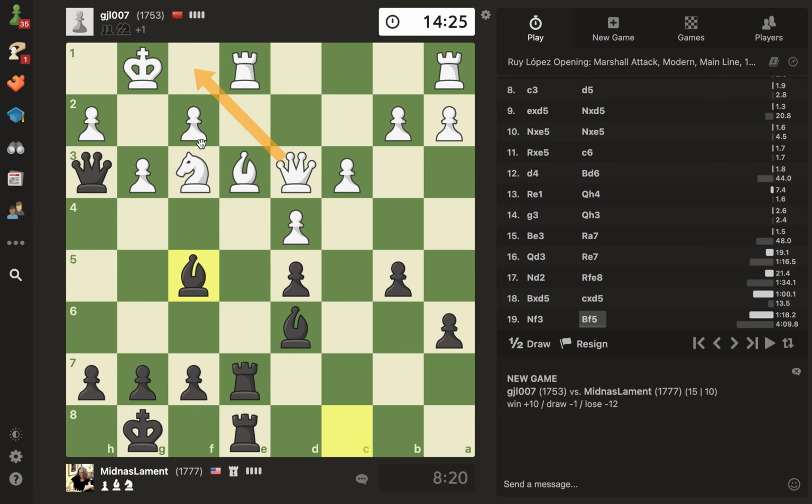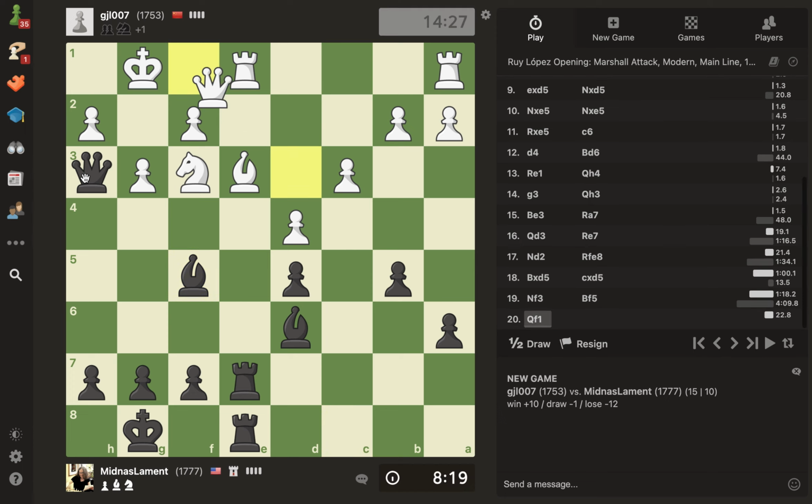So queen f1 is what I'm expecting here. I'm thinking queen h5. Queen h5, knight h4. Is that possible? Doesn't seem right. If knight h4, I'll probably gladly put my bishop on e4. If they push, we win the pawn. Okay, let's play this one. I don't see another move here, so we gotta do this one